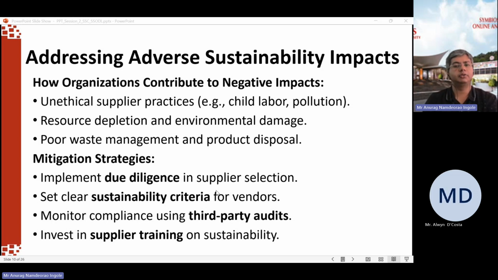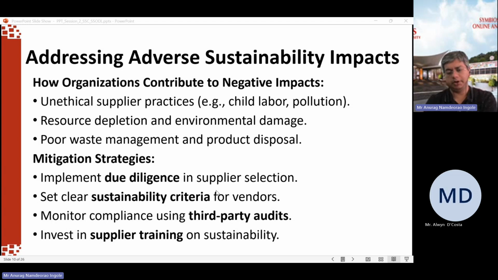We implement due diligence in supplier selection, which we already discussed. We set clear sustainability criteria for vendors. That we also spoke about: having sustainability-related terms and conditions, some parameters in your design, in your contract, in your agreements, which are related to your sustainability goals. Those should be set clearly. You monitor compliance, you can use third-party audits, or you can do audits yourself, and you invest in supplier